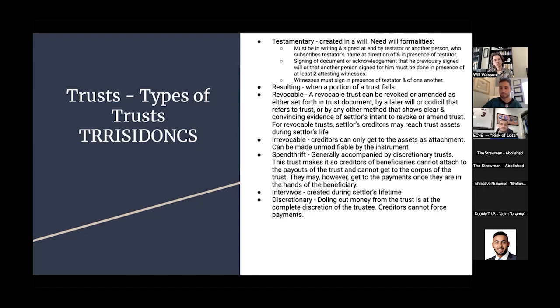So if you have a property that's in the trust, and say a property is given to the gambler nephew, but it's not a payout. So if the trustee buys a house with the money instead of an actual cash payout, are the creditors allowed to go after or attach that house? Yeah, as long as it's in the beneficiary's name, they'd be able to go after it. The trust can retain ownership of the property and allow the beneficiary the ability to stay there. But if it's in the beneficiary's name, they're going to be able to attach to anything that's in their name. Okay. Gotcha. But what if it's Florida and it's a homestead?